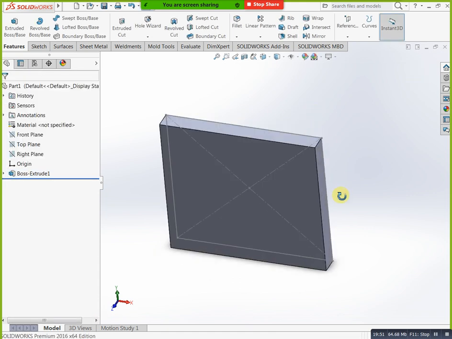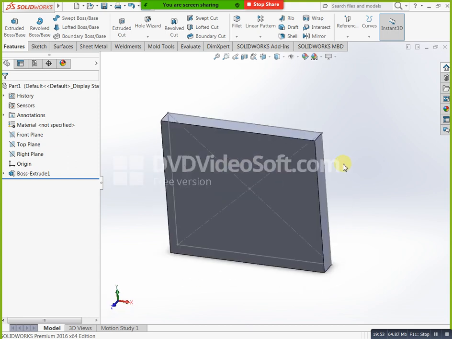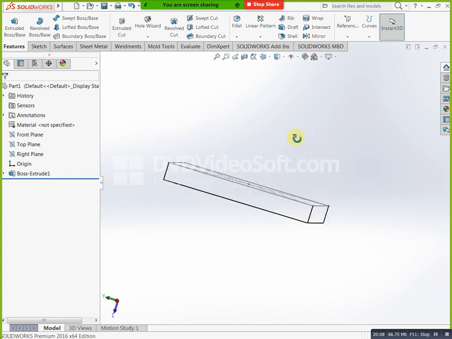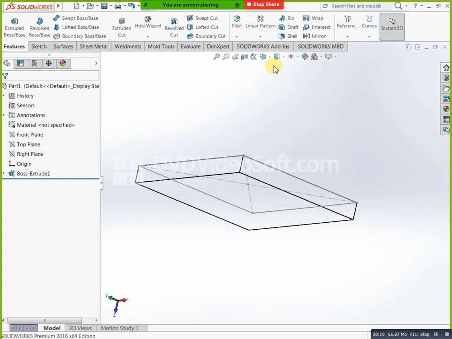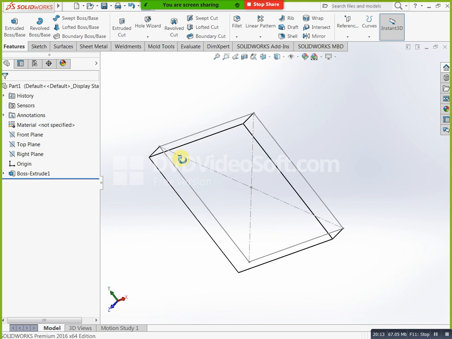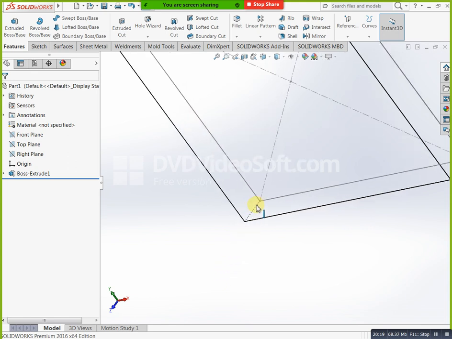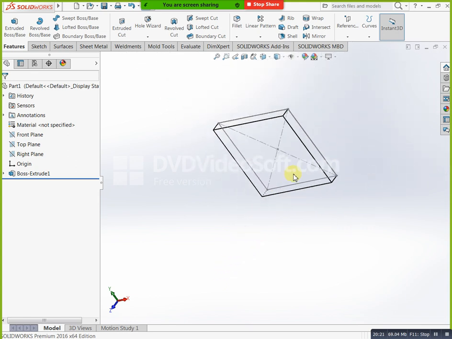Just you can see now our edges are not highlighted, but you can place first edges highlighted in black color line. Next I need to see in wireframe. This is our wireframe model. See, in case I need to see in hidden condition, just you can go here, apply hidden. See, here you got dashed lines. Okay, hidden lines means nothing but backside lines. This is a wireframe model.